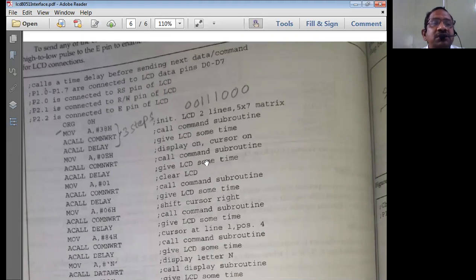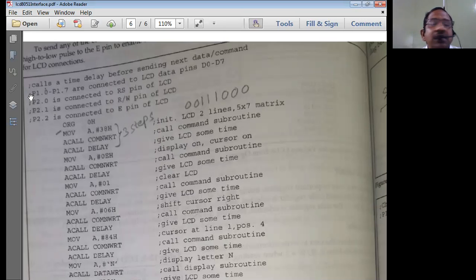To write this, what is important is that we are going to use delay programs, because we should give some time for the LCD to reset to the appropriate operations. That means if you send a command like clear screen, after we send it we wait for some 20 milliseconds, so that the screen gets cleared and the microcontroller can send the data after 20 milliseconds. So the delay program is very much essential in interfacing with LCD display units.